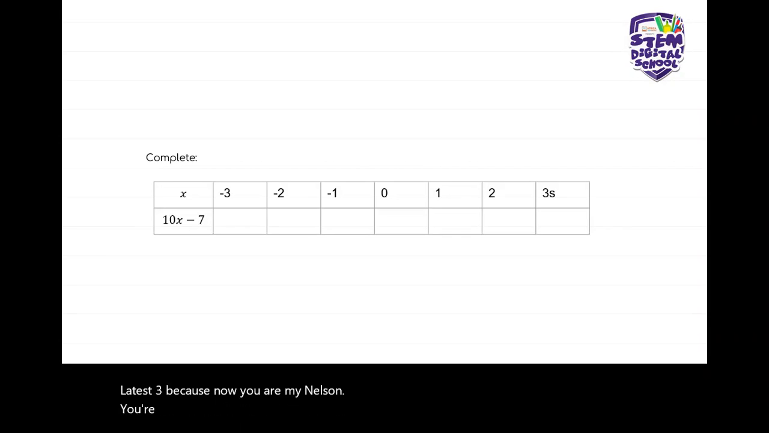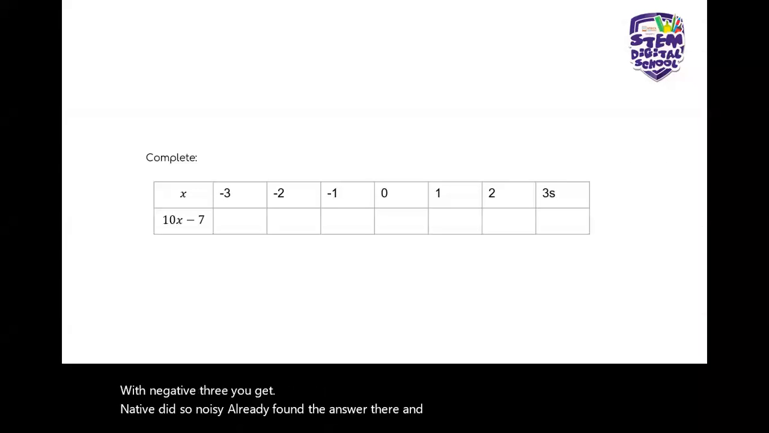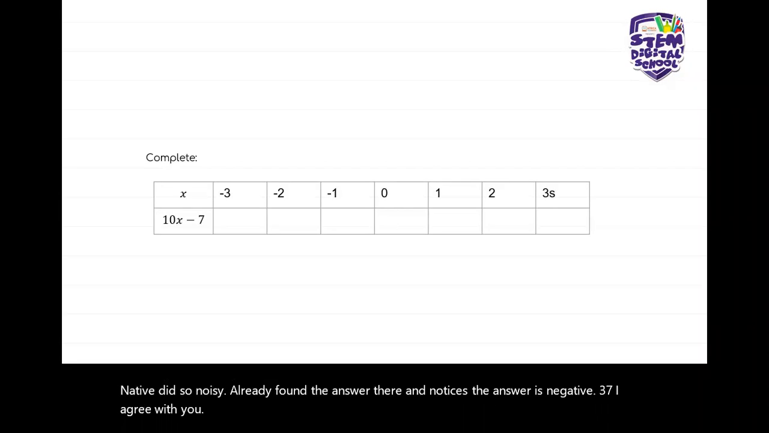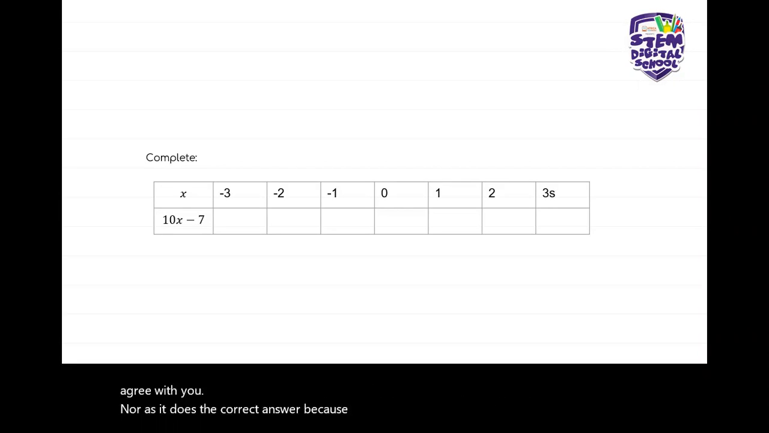I see that 10 into -3 will give you -30. Because remember, you're multiplying 10 by -3. So if you multiply 10 with -3, you get -30. So Nolwazi already found the answer there, and Nolwazi says the answer is -37. I agree with you, Nolwazi, that's the correct answer, because if you just add 30 and 7,